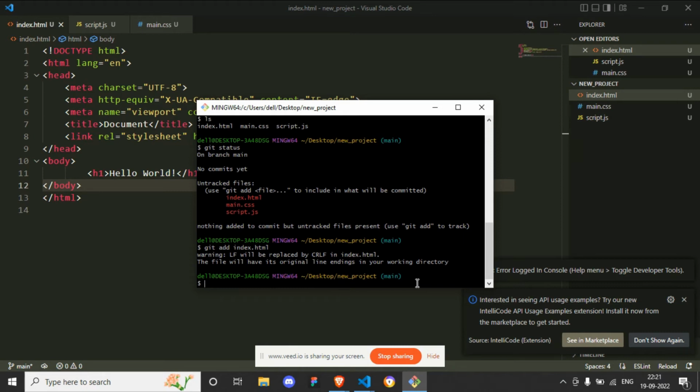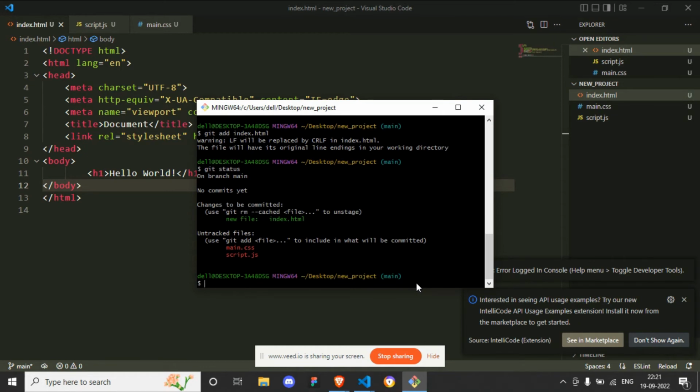So continuing, now we have used git add index.html, and if we check our status now, it shows that we have a new file index.html whose change is to be committed. So basically, if anything shows in green, it means that file is being tracked, which means we now have our index.html file being tracked by Git. But we still have our other two files, main.css and script.js, which are not being tracked. So how do you track them? You track them by git add main.css